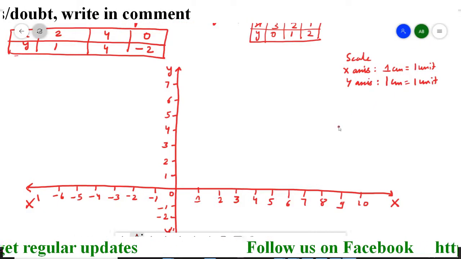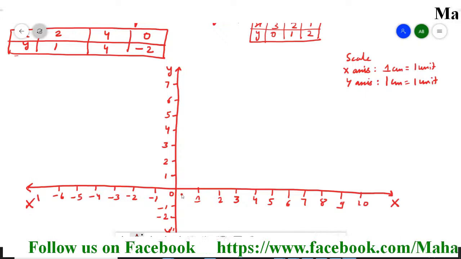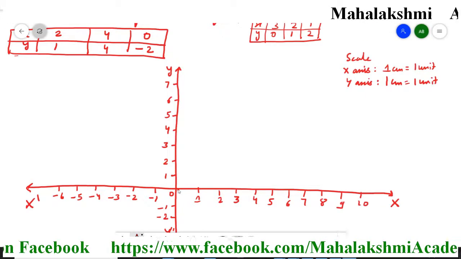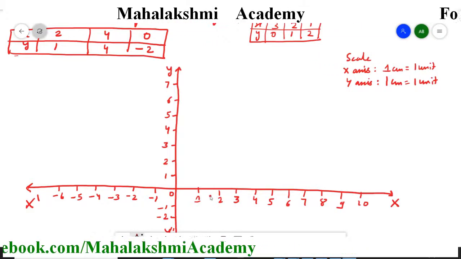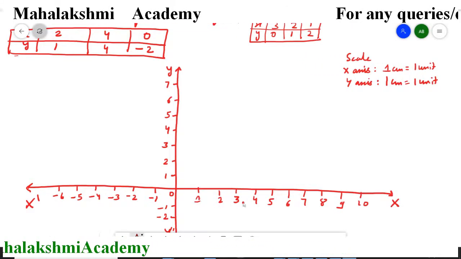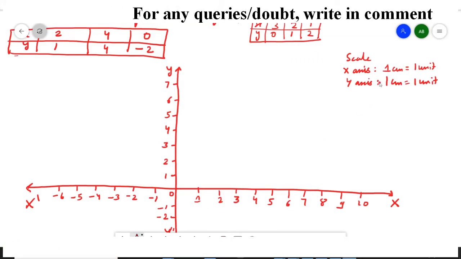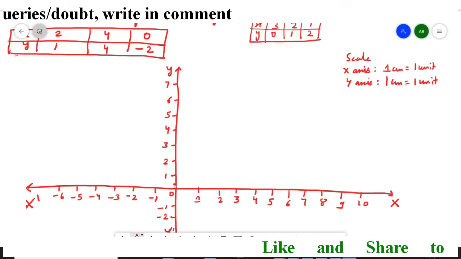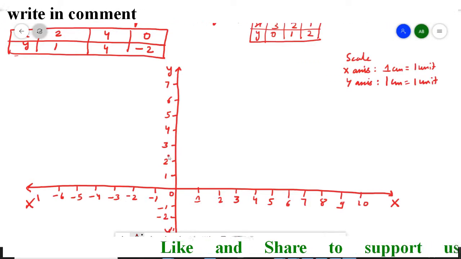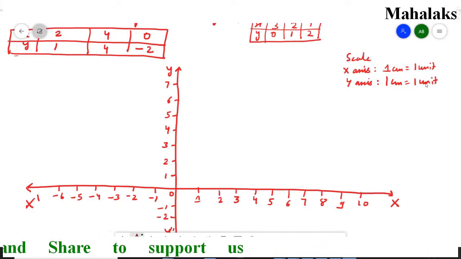Now how to write the scale? How much gap have we taken here? So on the graph, the one dark line's gap is 1 centimeter. So 1 centimeter gap I took, and between the data, how much is the gap? 1 gap is there. That's why 1 centimeter equal to 1 unit. In the same way, on y-axis also, for each centimeter, my data gap is also 1. That's why on 1 centimeter again 1 unit.